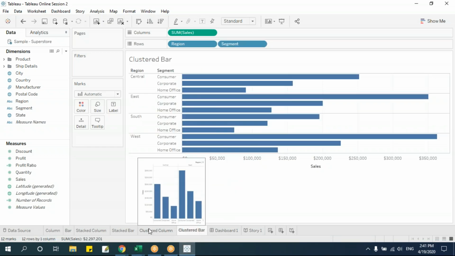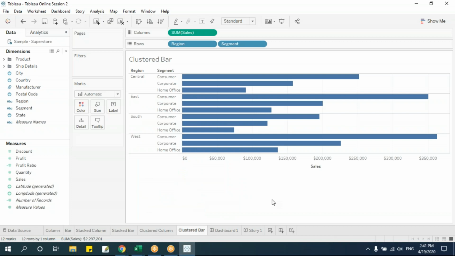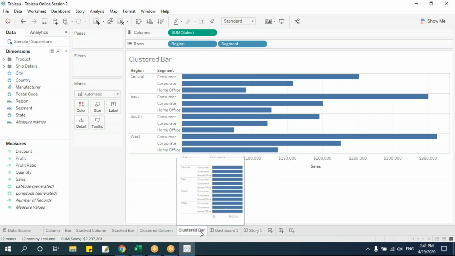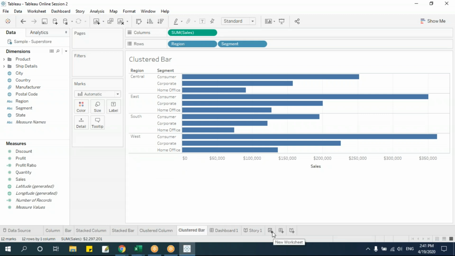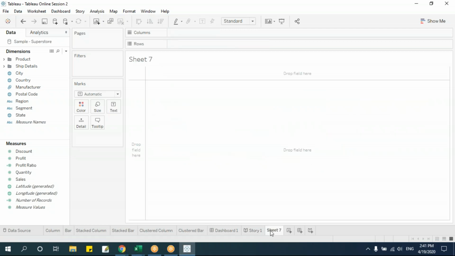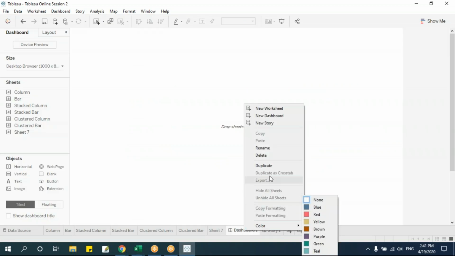Next, suppose you want to create a side-by-side chart with two or more than one measure, how do you do that? Let me create one sheet. This is to create a new worksheet. I'll create a new worksheet. Let me put it here. Let me delete this